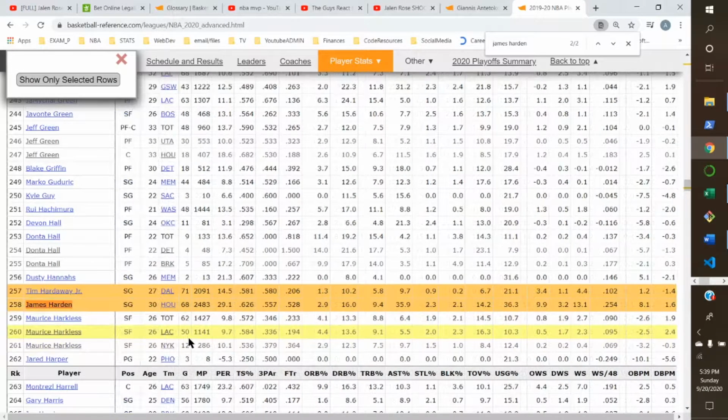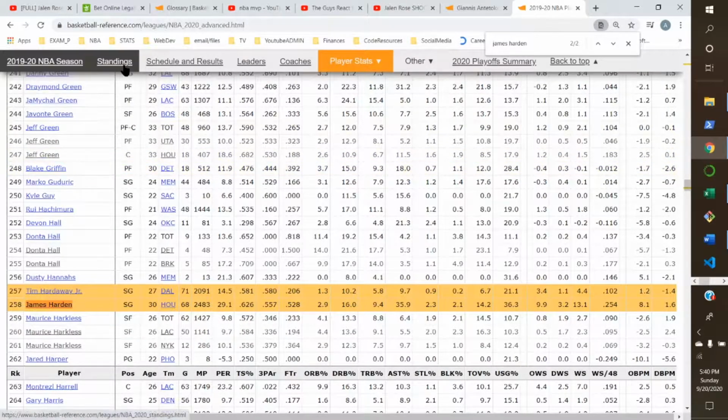Now, I'm not trying to necessarily say that this is the all be all, and that just because Giannis has a higher PER than these players means he deserves the award. It's more so trying to paint the perfect picture of who the MVP really is, because it really changes every year, especially with how the game is today, with the fastball, small ball, whatever you want to call it. So we just have to add this to the criteria, but it's not the all be all criteria. We obviously are going to look at the eye test and some other stuff, and I already told you guys how I felt about LeBron.